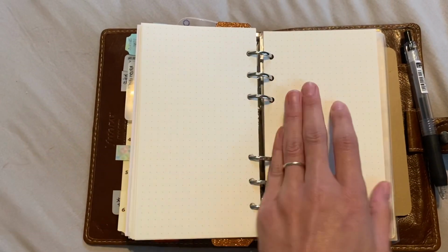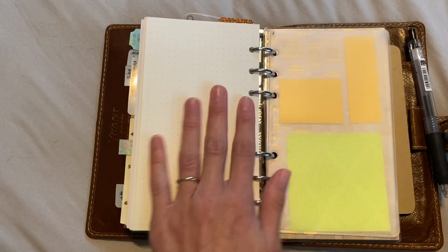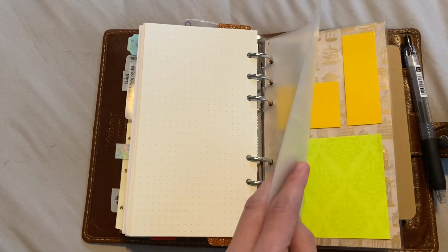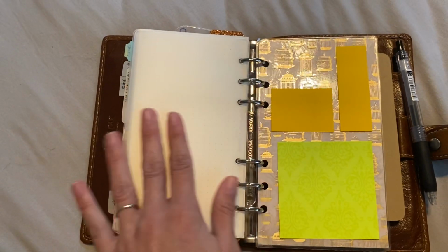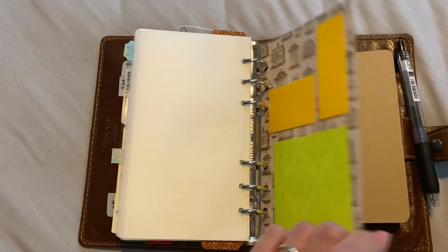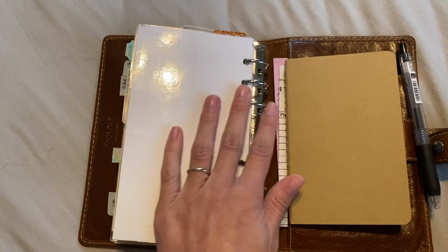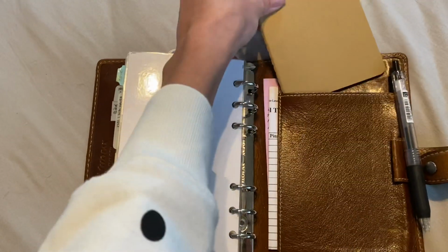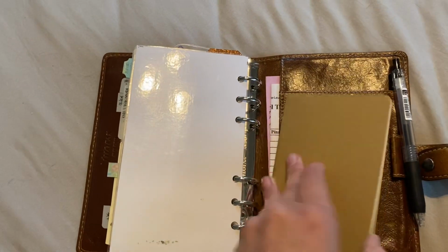So I have a few more pages in here already, ready to go. And then I have this sheet protector that has currently nothing in it. More sticky notes, like my page lifter that I made ages ago. And then here, it's usually stuck in this pocket. But this is